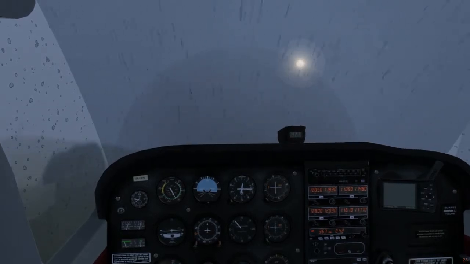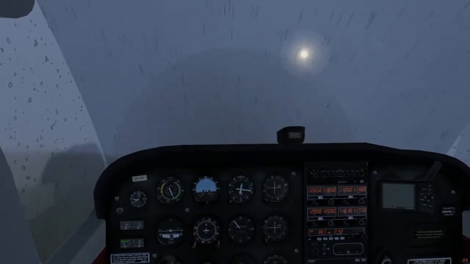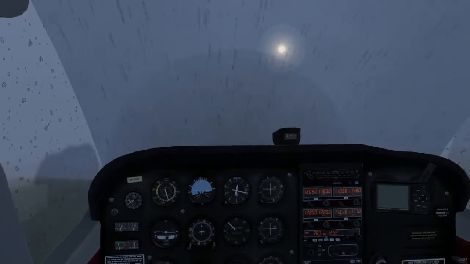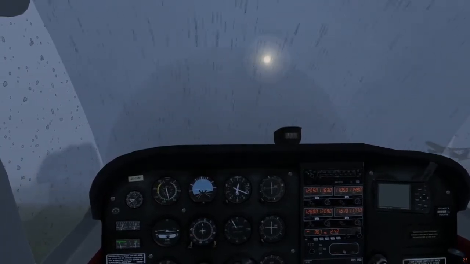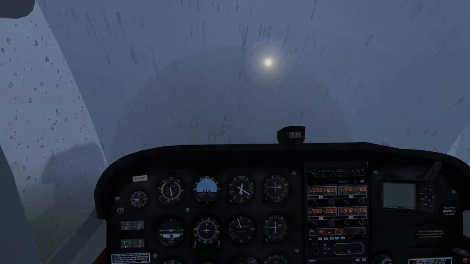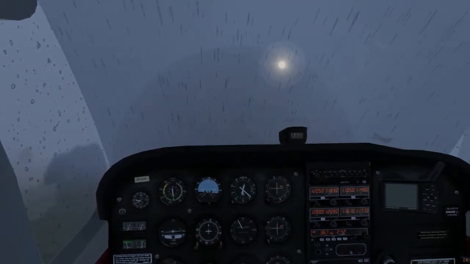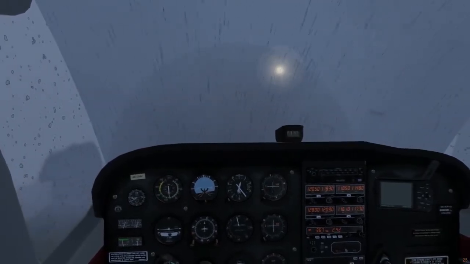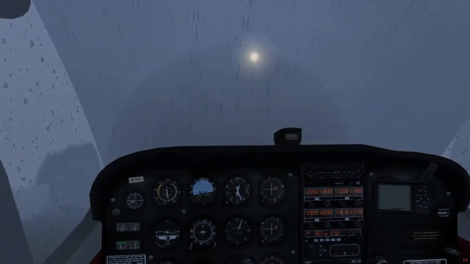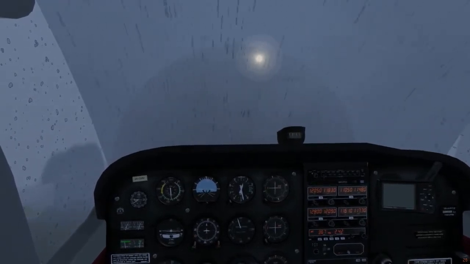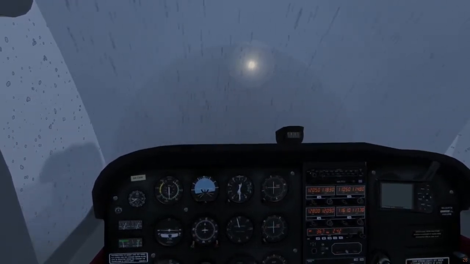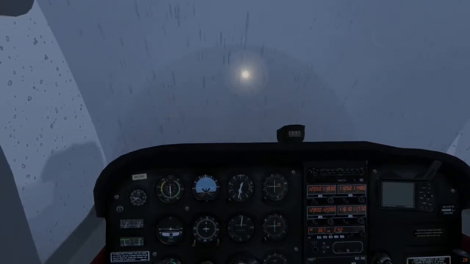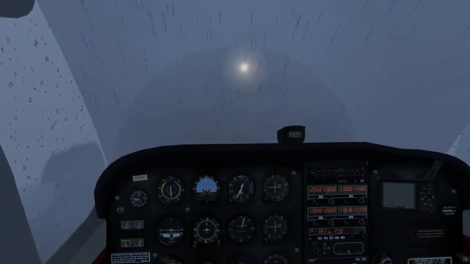So I have taken off. I was speeding up a little more than usual, but I can still see the ground and everything. But I have actually lost the horizon at this point, and the plane just took off to my right at very weird angles. It means that I have already deviated from the runway at this point, and I pretty much almost can't see the ground, and I certainly can't see the horizon, and have no way to actually judge